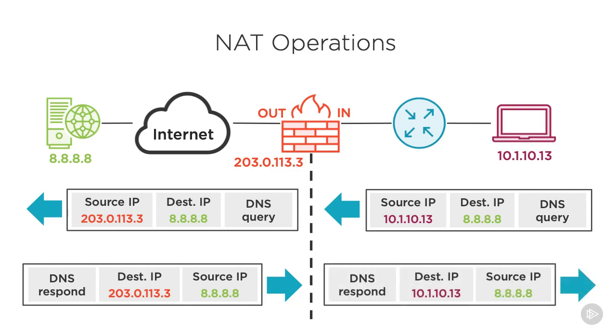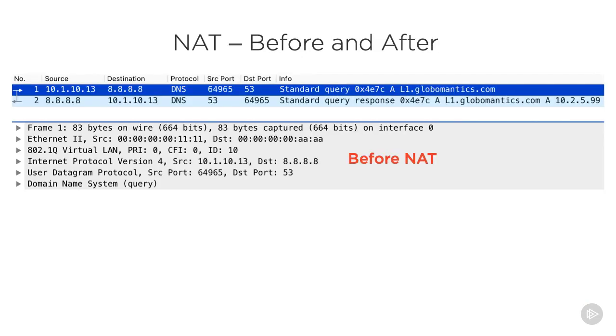Upon receipt, the firewall uses NAT to change the outside destination address back to the client's IP. The NAT process is smart enough to check return traffic against its state table to ensure the NAT process occurs correctly in both directions. Let's explore a DNS exchange with NAT thrown in the mix.